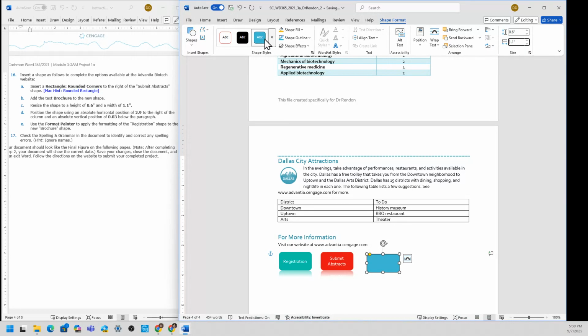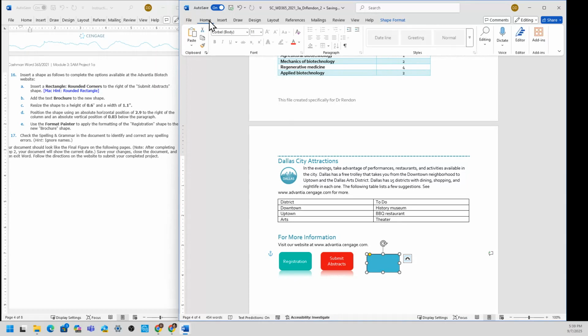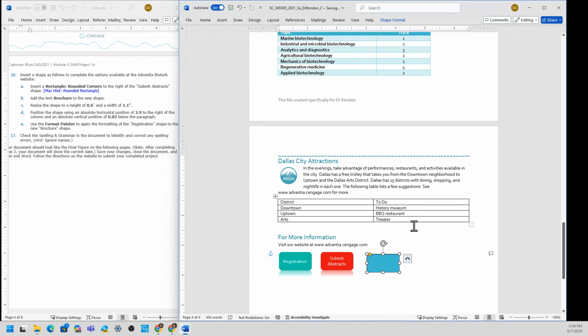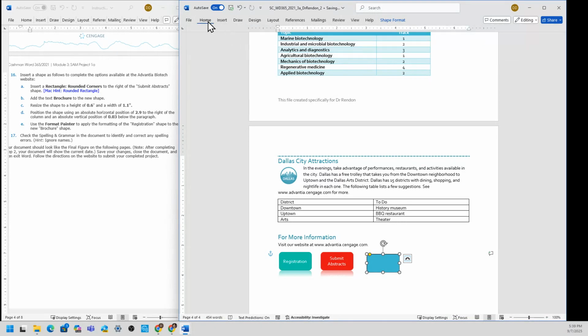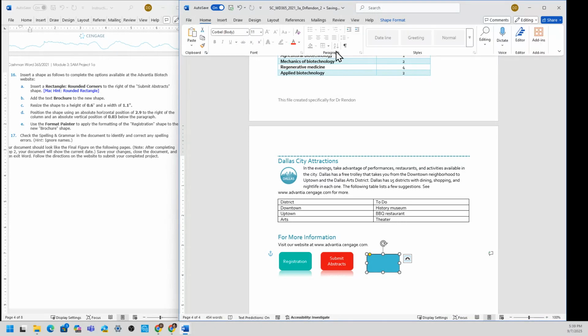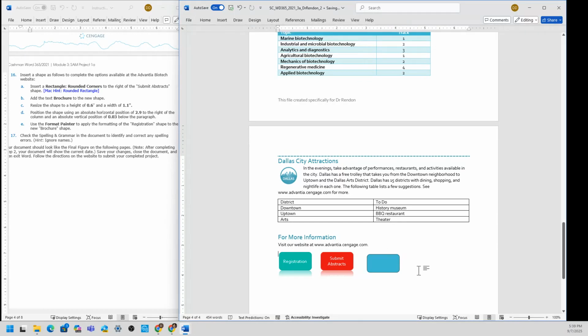So I need to just go to select Home tab, select the, okay, so let me see. It's not going through. Okay, select Home. And I'm not sure why this one is not being selected.